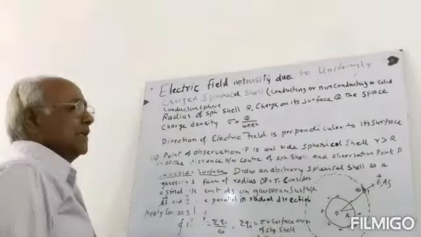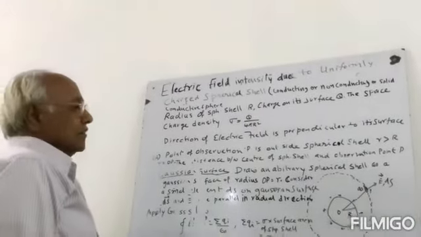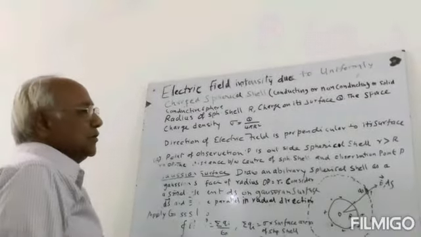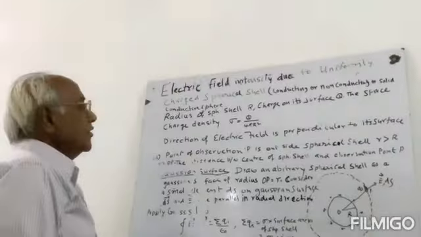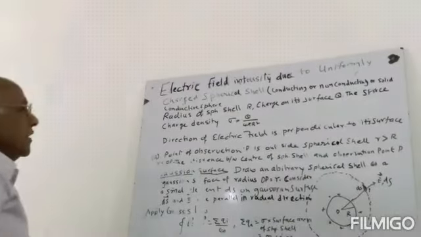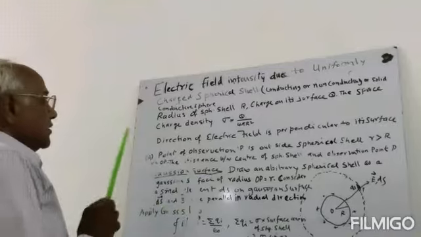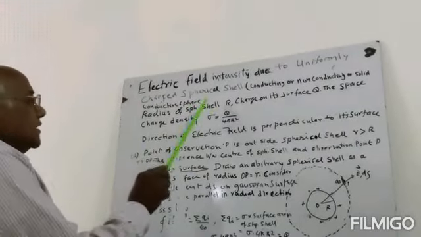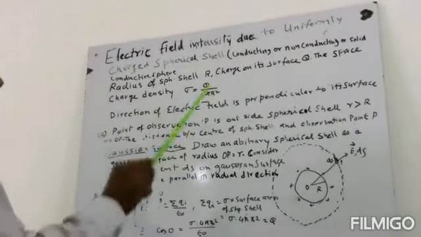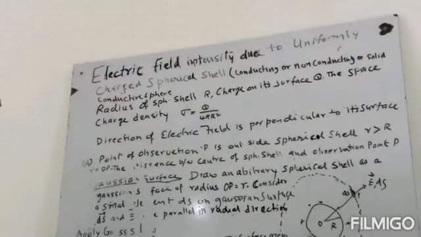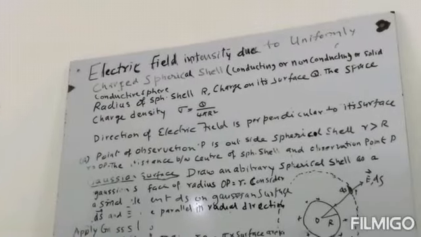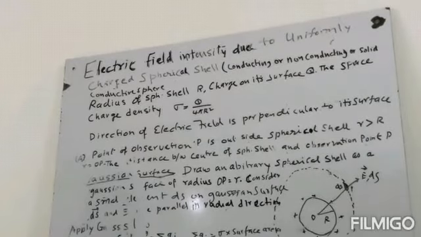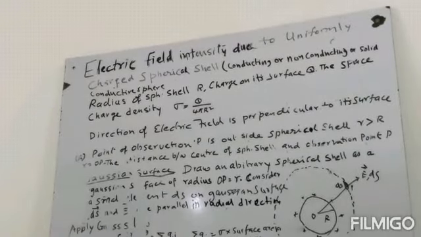So these three systems of continuous charge distribution are equivalent. If we take a spherical shell of radius capital R, then the charge is totally distributed on its surface. The charge is uniformly distributed on the outer side.